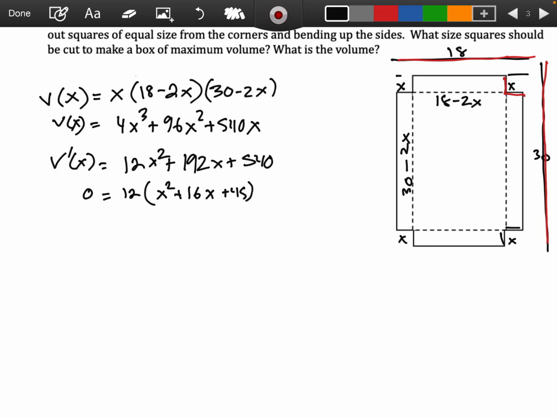I'm thinking 9 times 5 is 45, but 9 plus 5 is 14, so that's not going to work. So you could maybe do quadratic formula as well, right? You got quadratic formula. You could try to factor. There's completing the square. That's one that works. So if I look at this,